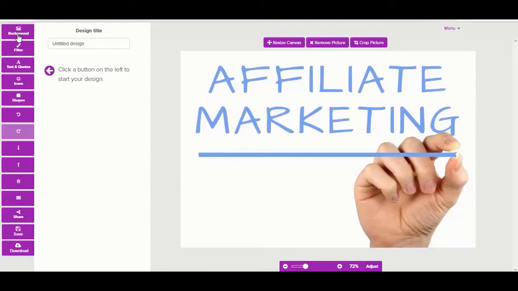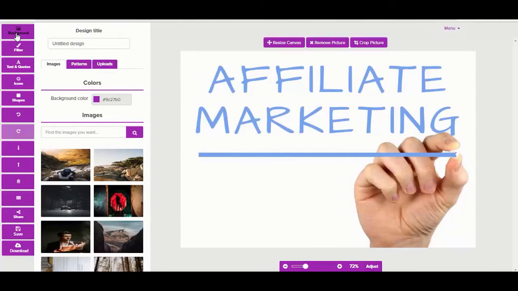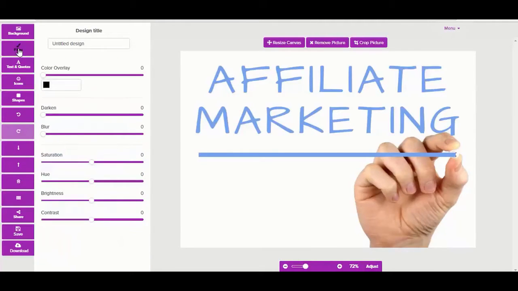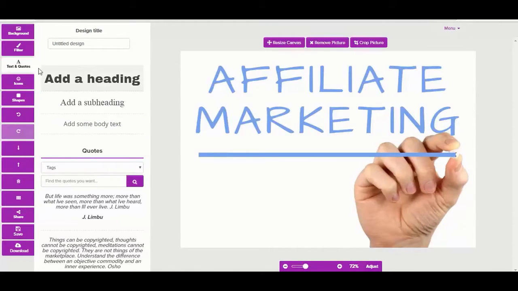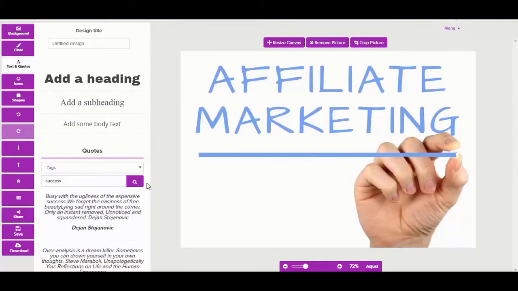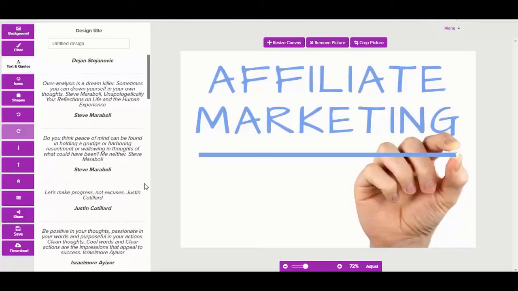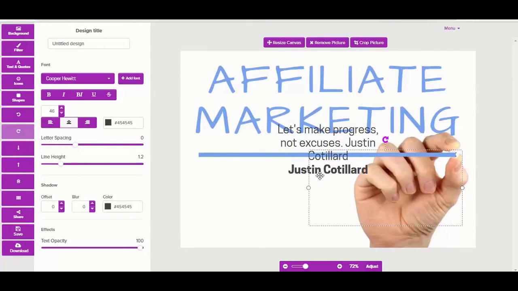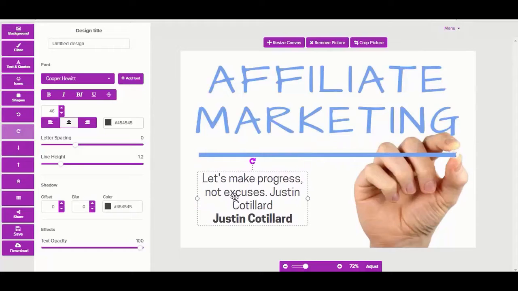And what you can do here, guys, you can add backgrounds. We'll have a look at that in just a moment. You can add filters, but what I want to show you now is another really cool feature, and that's the text and the quotes. So the software is actually connected with a database of quotes, and let me just search for something in the area of success, and let's look for something that's not too long, that's going to fit into this image. Go with this one here, and I'm just going to put it here on the side,